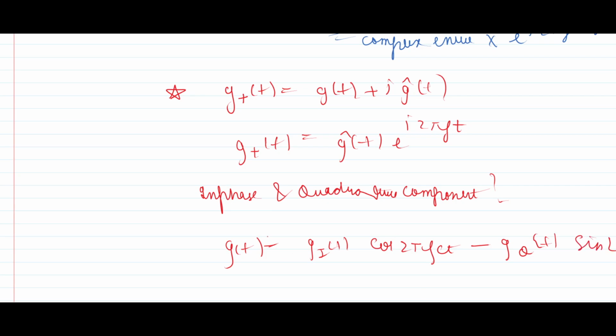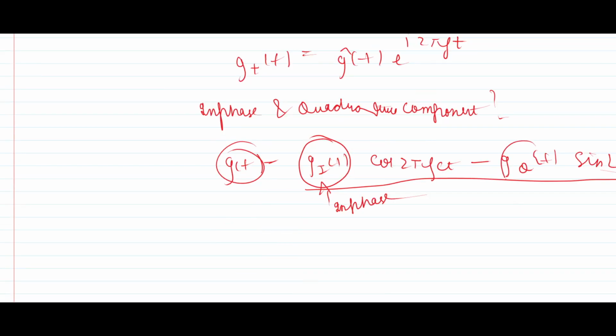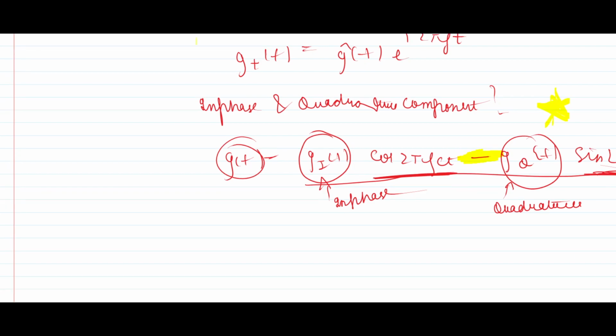So any function, you have to represent it in this form, where g_I(t) is the in phase component and g_Q(t) is the quadrature component, with cos 2πf_ct and sin 2πf_ct. But always remember this negative sign. Everyone forgets this. It is a very important part that there is a negative sign in between. Try and not forget this. The negative sign is always present in between, no positive sign. I'll give you an example and show how to solve this.